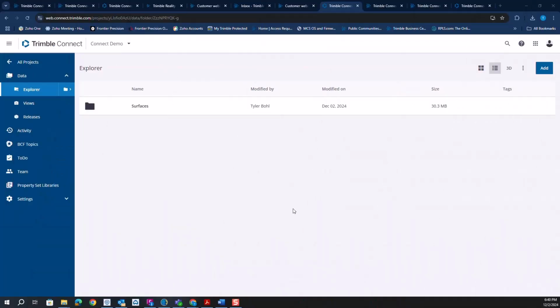All right, so we've got our project set up. We've got some data in here, and we want to get this data out to the field crew. Before we do that, we're probably going to want to start adding some members to this project and give them different permissions. So what we're going to do that is go over to Team,